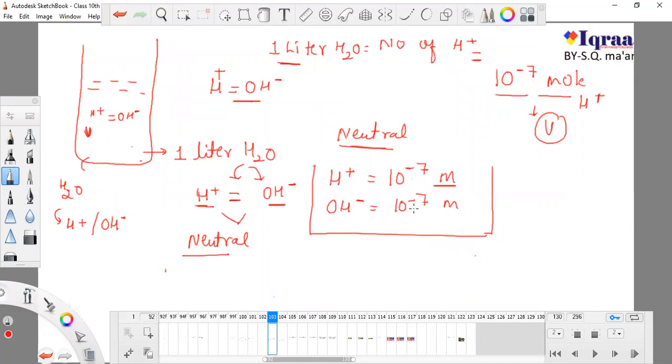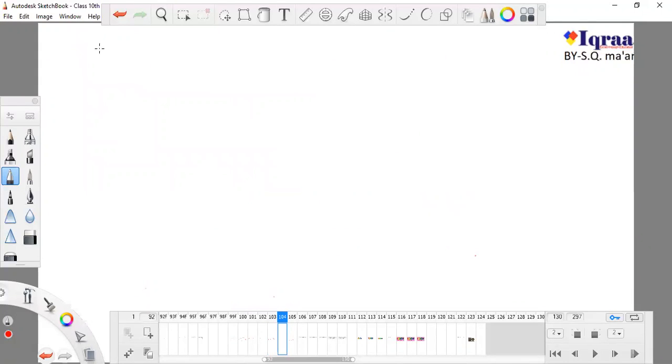H plus ions and OH minus ions, both of them are 10 to the power minus 7 mole in water, and this is also 10 to the power minus 7 in mole. Okay, so if I write something like this, look at this. If I am writing this